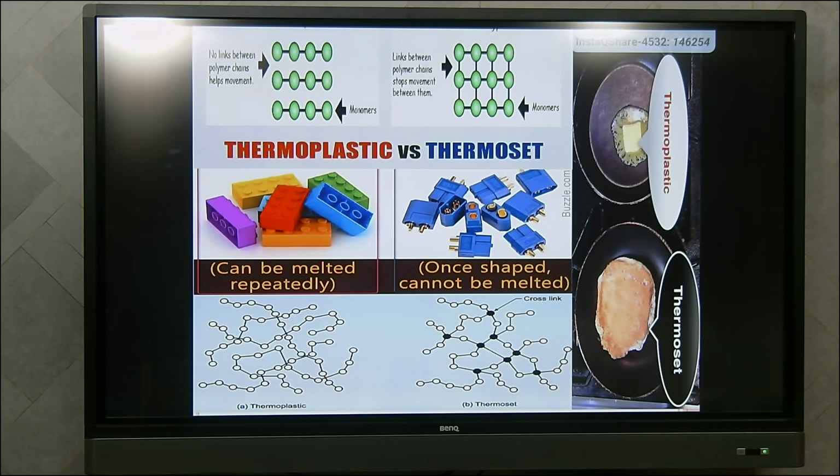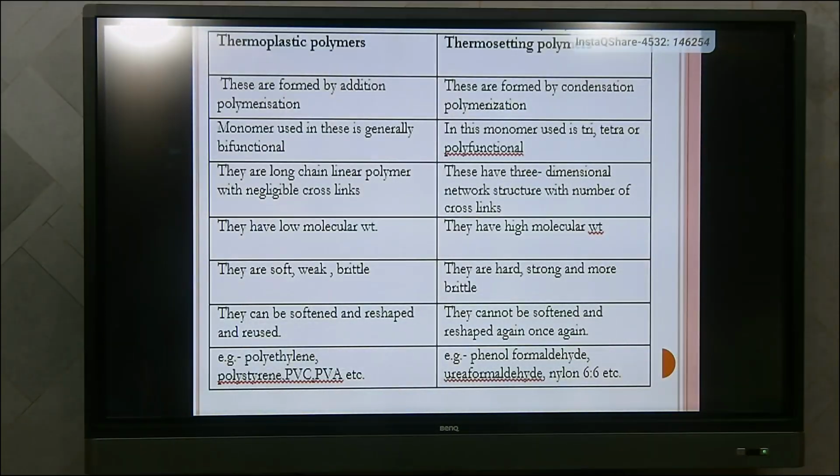Whereas for the thermoplastic, you can take the example of butter. If you heat the butter, it will get converted into ghee, and if you remove the heat from the ghee, it will get converted back into butter. So that comes under the category of thermoplastic and thermosetting polymers. Next, we will pass on to the